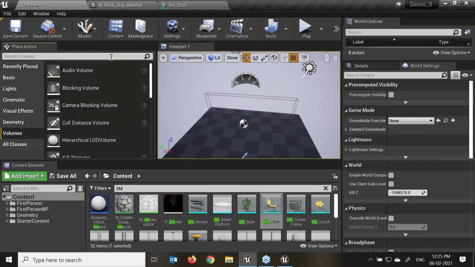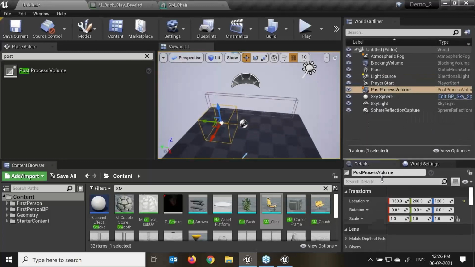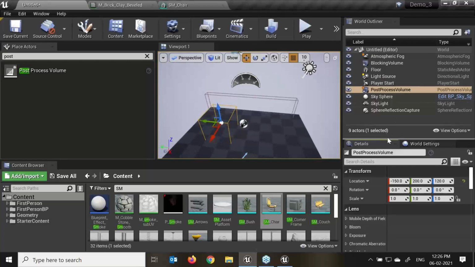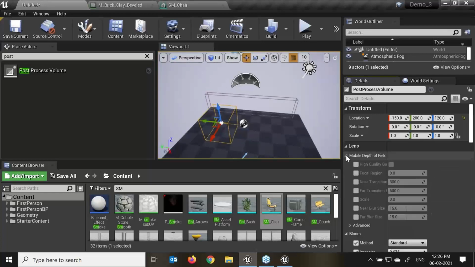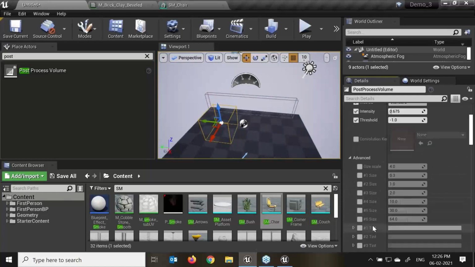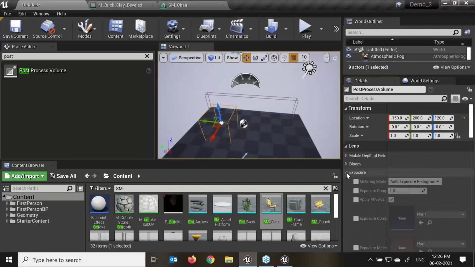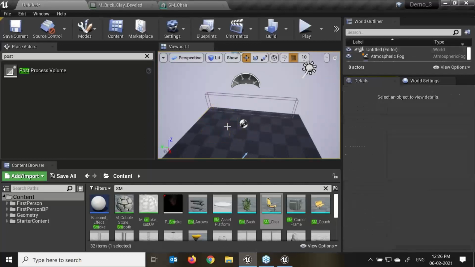Now the post process volume is there. Just for example, I drag and drop the post process volume over here. If I select this object, my post process, go to the world, go down. Yes, this is a post process. Here we can see there are lots of options. We can do the Bloom methodology, thresholds. If we want to create or change any glow effects in our scenes, exposures, advanced effects, we can change them. So there are multiple options, and we can easily do that in post process volumes.